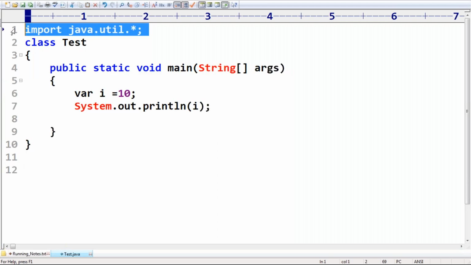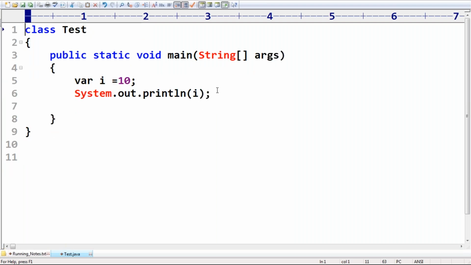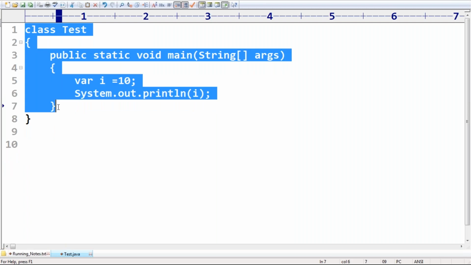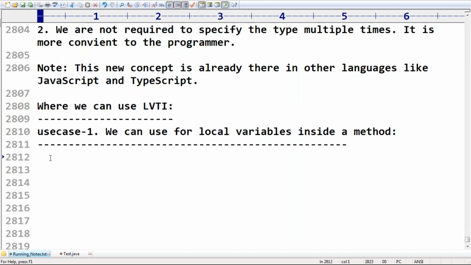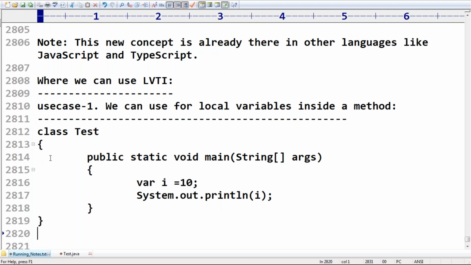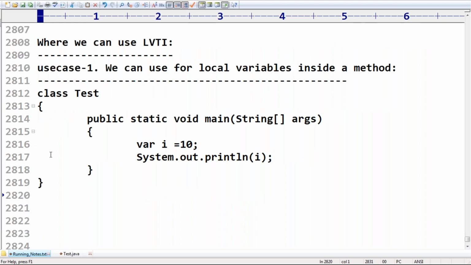Okay, so for local variables we are using it. Of course, what about static variables and instance variables, that part we will discuss. So this is the first possibility. Next, can I use it inside a static block or not? Yes, in a static block, whatever local variable you can happily use, no problem at all, sir. We can use local variables inside a method, or we can use them inside blocks also.